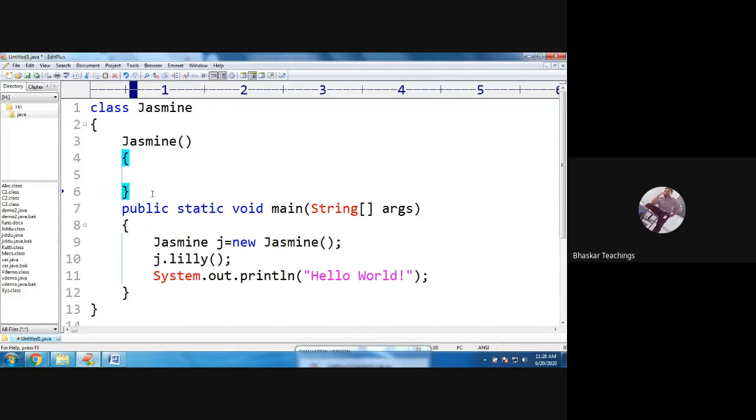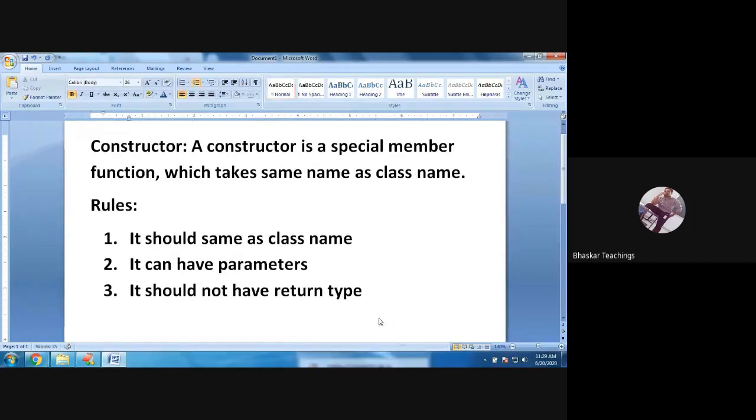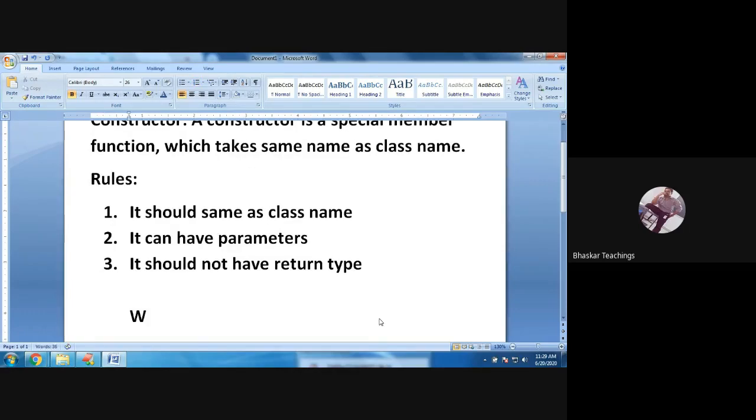And what is the purpose of the constructor? How the constructors are executed is coming next. Okay, Vinita? Fine. So let me write. When does a constructor execute? Before that, let me write what is the need of a constructor. Why constructors?